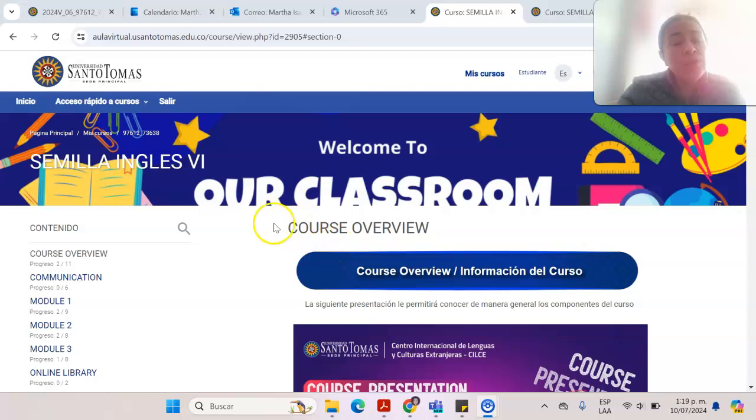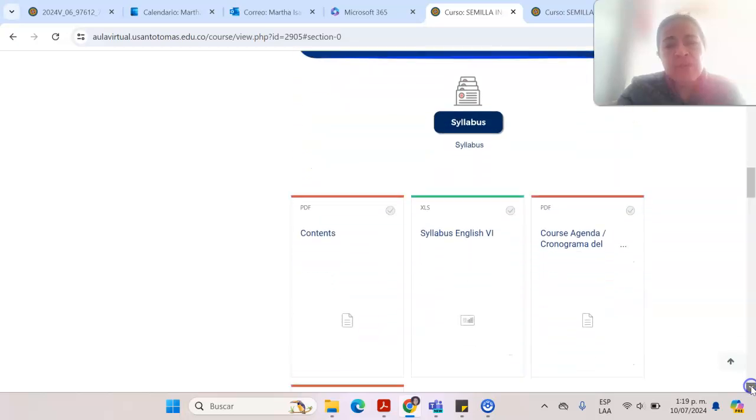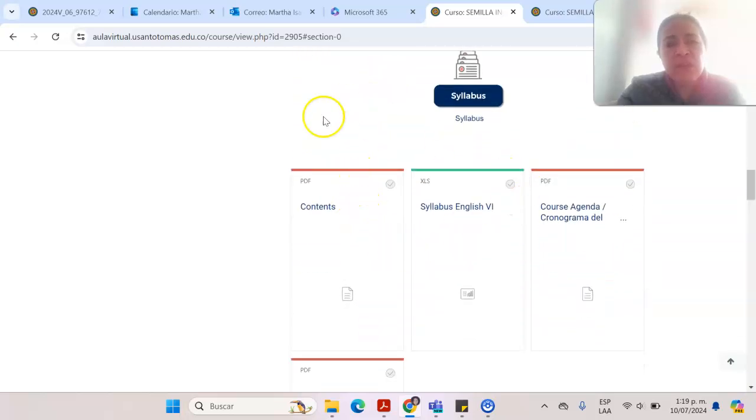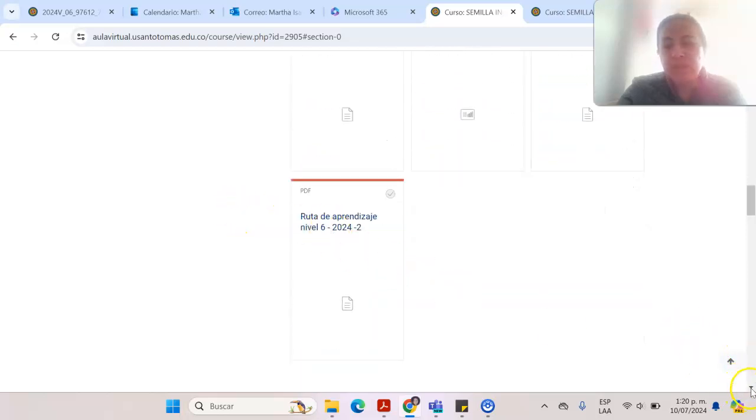Okay, today we are going to see our learning path, Ruta aprendizaje. Let's find out where it is possible to find that learning path. You are in the section course overview and you scroll down. There are different parts in which you can find a lot of documents, content, syllabus, our agenda for our class, and our learning path. So you can click on there